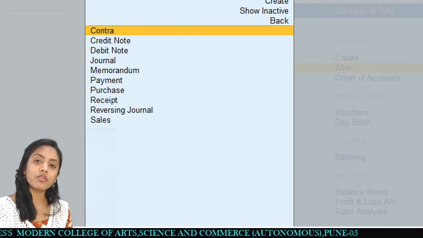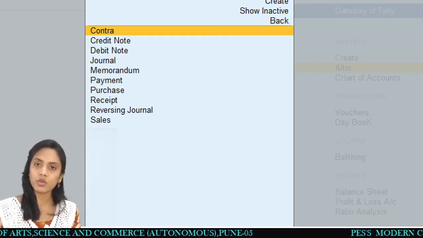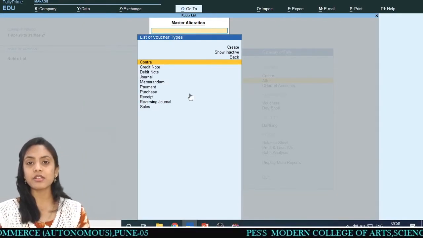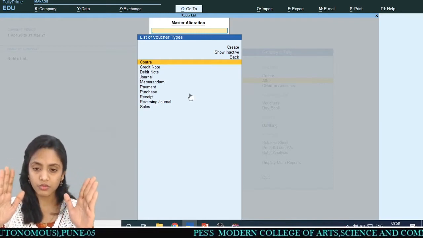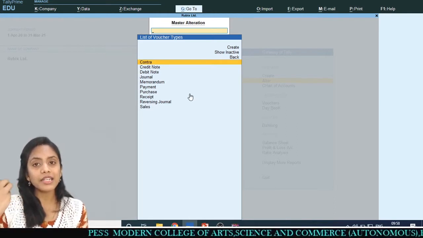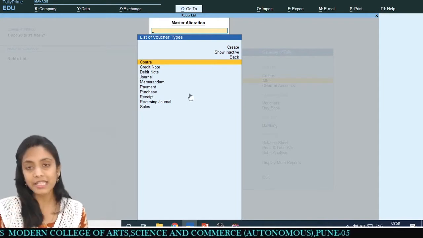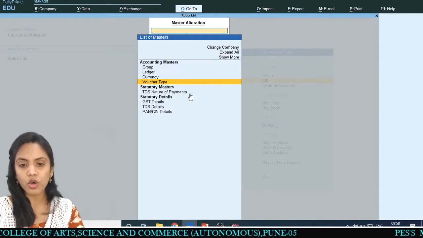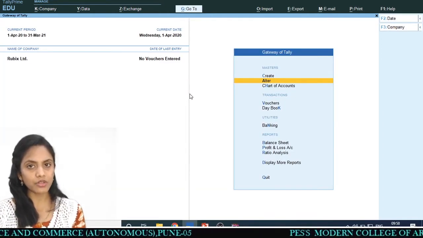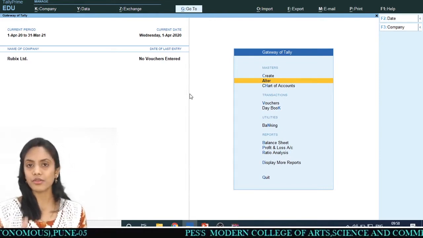Except these vouchers, if you require anything else with the need of your transaction, with the need of your company, then you can create vouchers here also. So these are what relate to the ledgers and groups here. Before creating new ledgers and new groups, you just have to see how many vouchers and groups are already there in Tally by going to the alter option. After this, we don't have to go for statutory terms right now, because we are at a very starting level. We just have to focus on the ledgers and groups first.